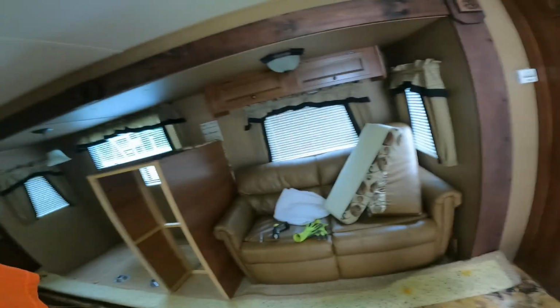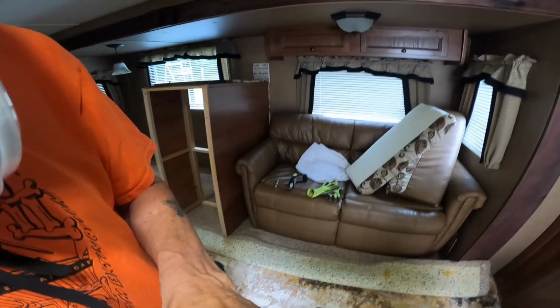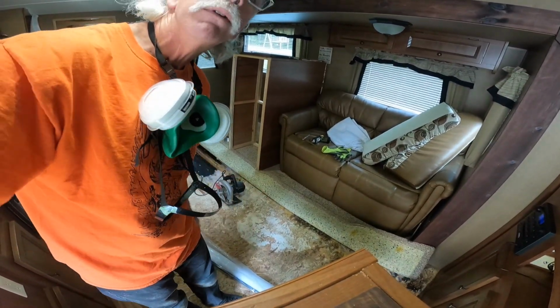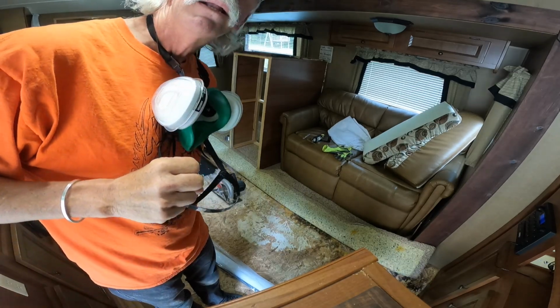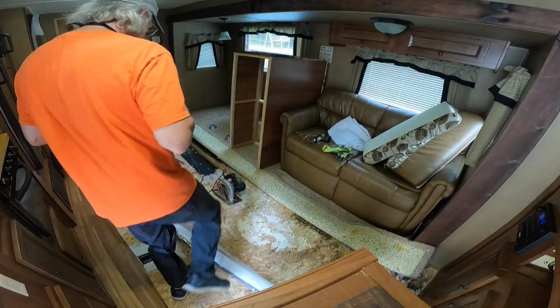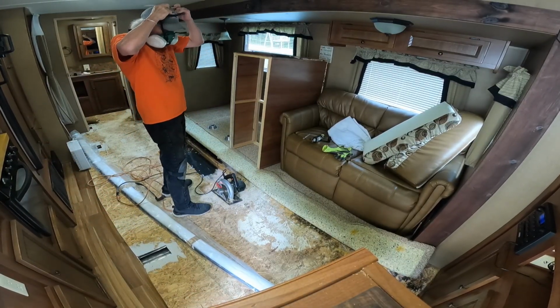Anyway, we're going to get cutting here. Tearing some stuff up. That's what we do here. Tear some stuff up. Alright. I don't know if you can see very well or not, but